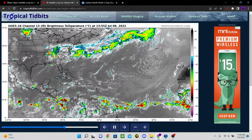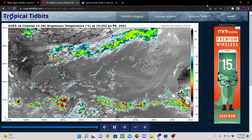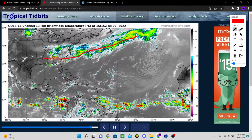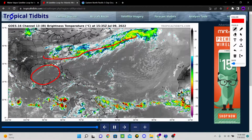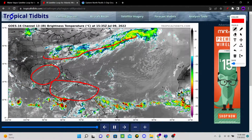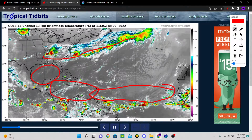But yeah, this was really all for today. The Atlantic is still quiet here. You see a large front here, but nothing is going to form along that. And then, well, the Gulf of Mexico has basically nothing. Caribbean is dead, to say the least. The main development region is also dead. We have basically nothing going on. Just normal